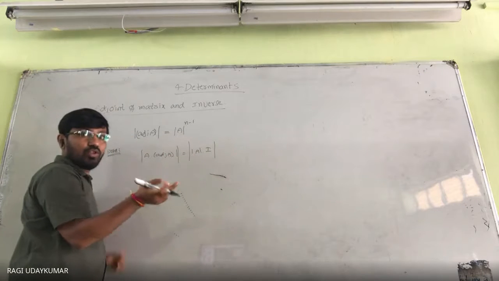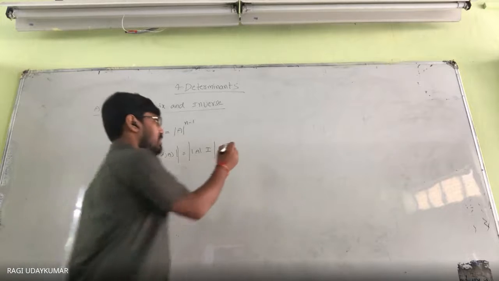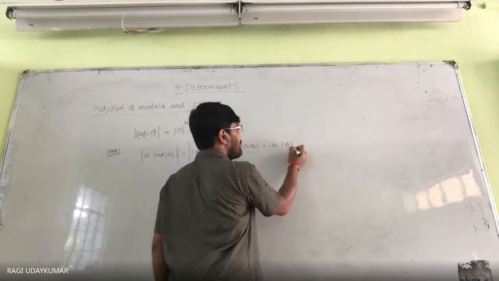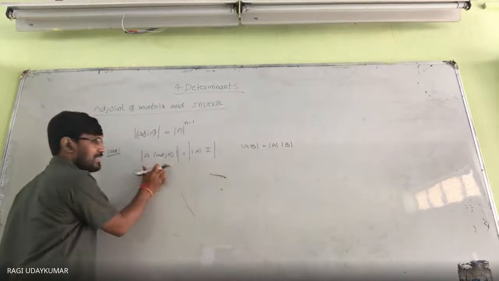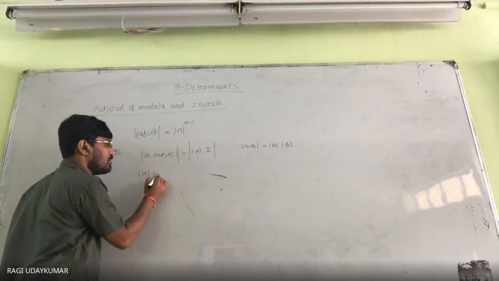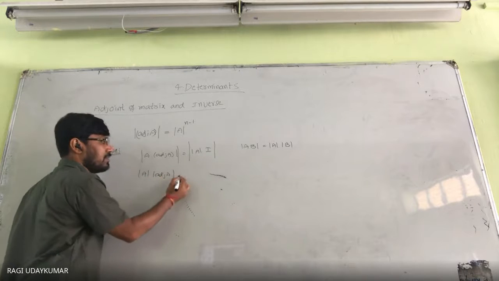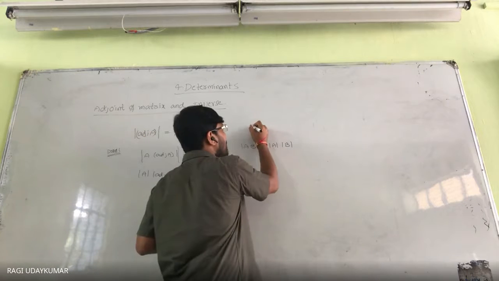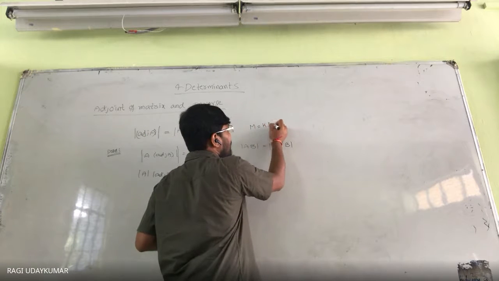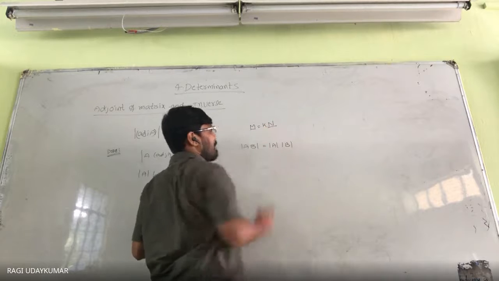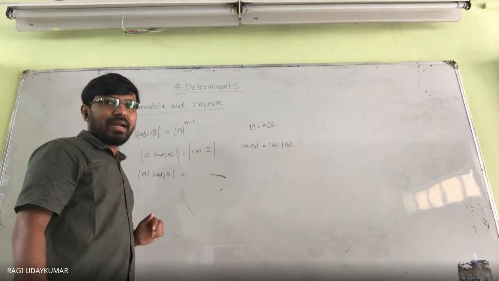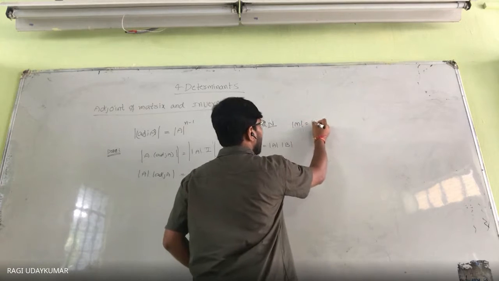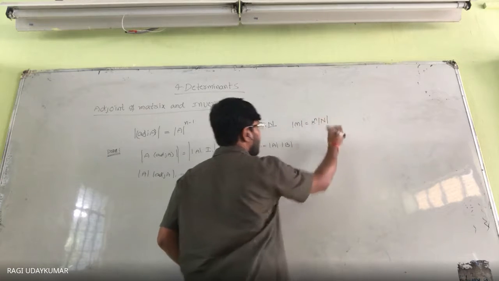So you have two theorems: determinant of AB is equal to det A into det B, which will be used on the left side. Det A into adjoint of A is equal to. The other theorem is if you have M is equal to K into N, where M and N are matrices, then determinant of M is equal to K to the power of n into determinant of N.